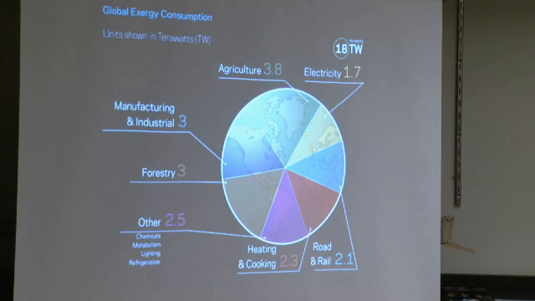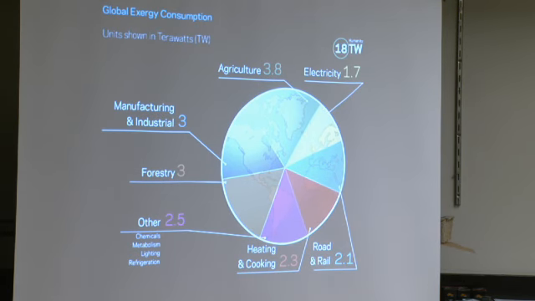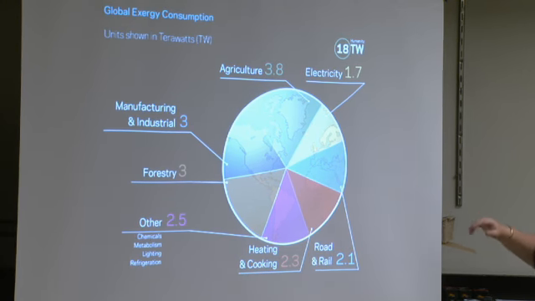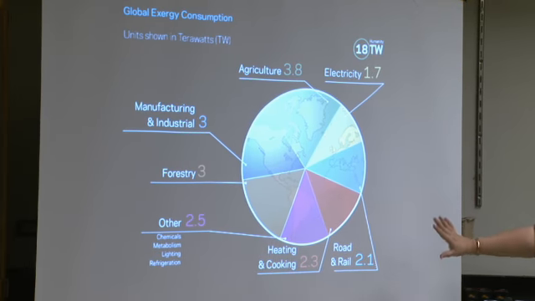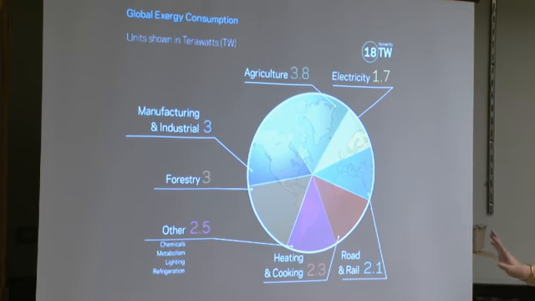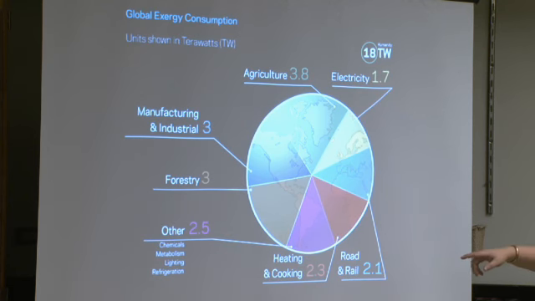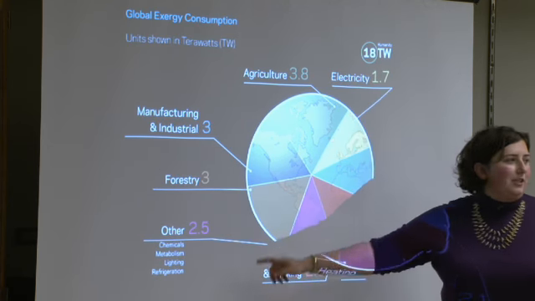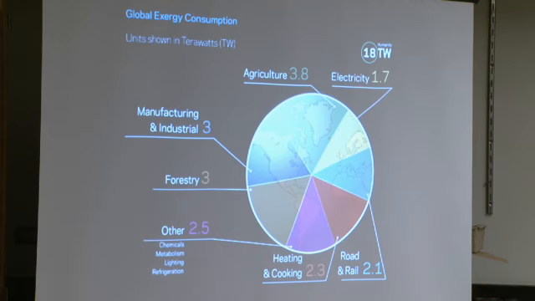Okay, and now exergy. For the purposes of right now, you can consider exergy and energy to be basically the same thing in your head. That's a total lie, and if you know anything about exergy, you know I'm lying to you, but it's not that critical to think about the difference. And so you can see, where are we spending our energy? It's actually pretty well distributed between all the different needs. Not entirely, "other" is carefully constructed to be about the same size, but what this means is we can't just